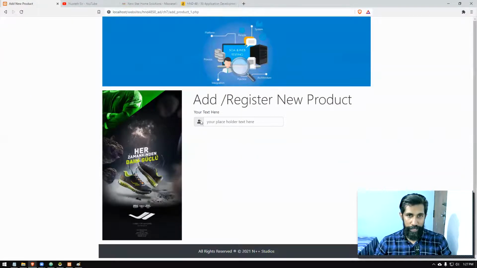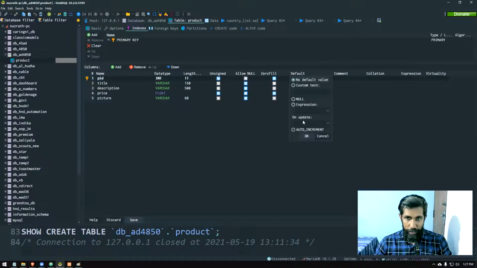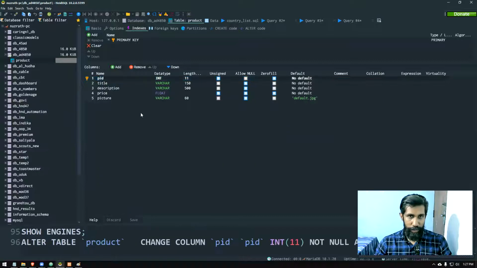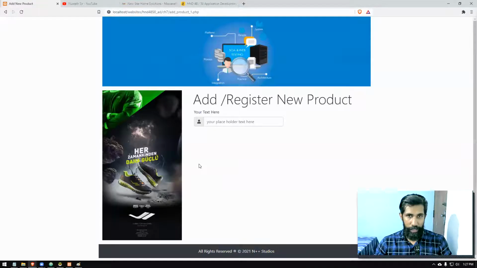So here is a form we're going to build that we will now slowly customize. For the product table, I'm going to send the values title, description, price, and picture. Product number, I'm not going to send. The reason is it's going to get auto generated. I forgot to tell you that auto increment I didn't give, right? So I need to give auto increment here. Please do that in yours as well and save it. So auto increment I have given, right? So that will auto increment, right?